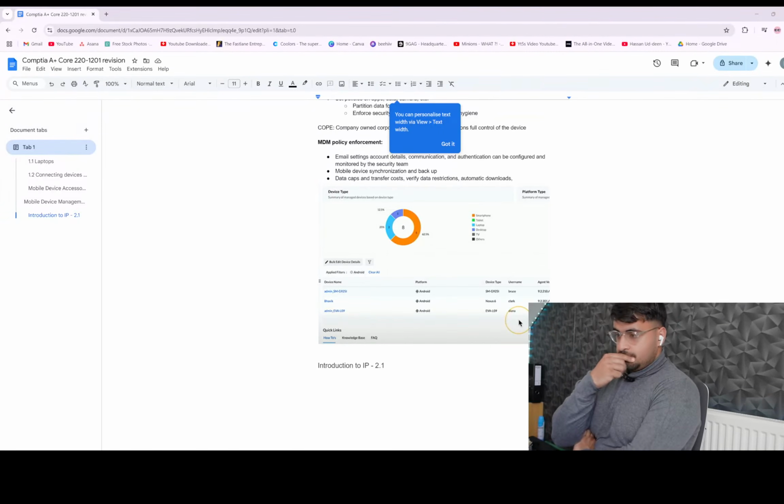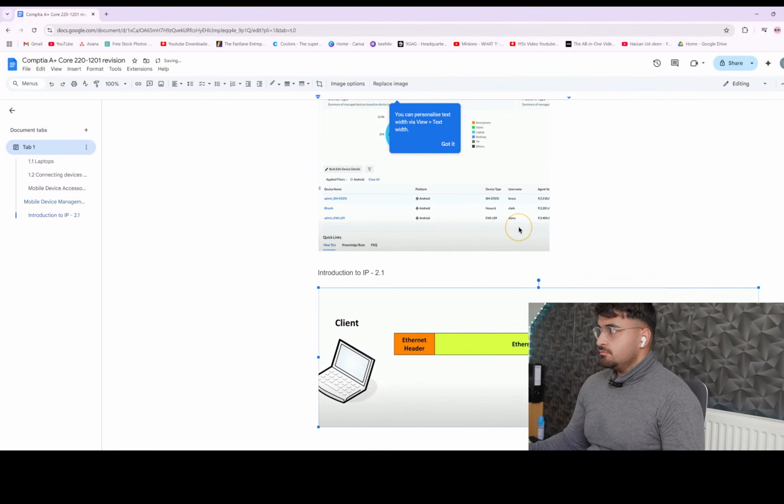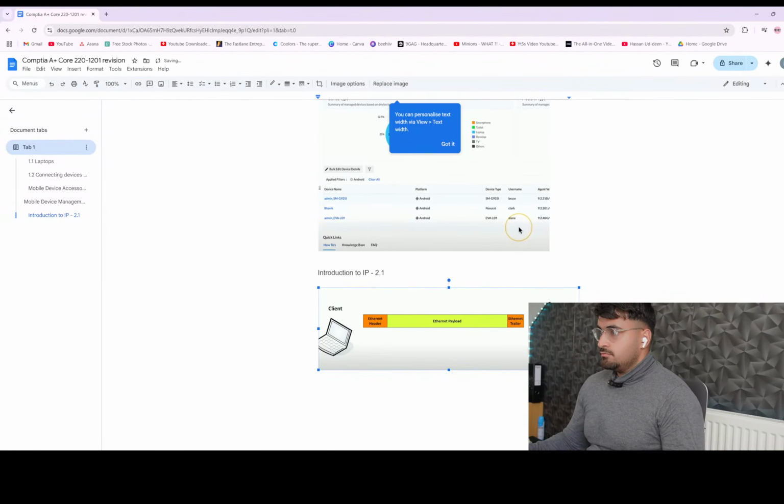Here's a basic diagram of us sending information to a web server. On one side is our client or laptop computer, and on the other side is the web server itself. In this particular example, we're sending this information across an Ethernet network, and all of the information that's being sent across the network is the Ethernet payload. Also included with this Ethernet payload is information at the beginning of this payload that is a header, and information at the end that's a trailer. This allows us to know exactly where the data starts and where the data